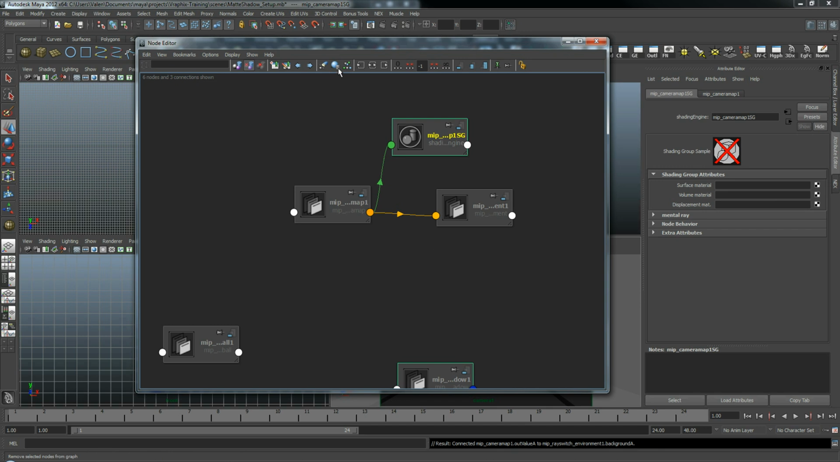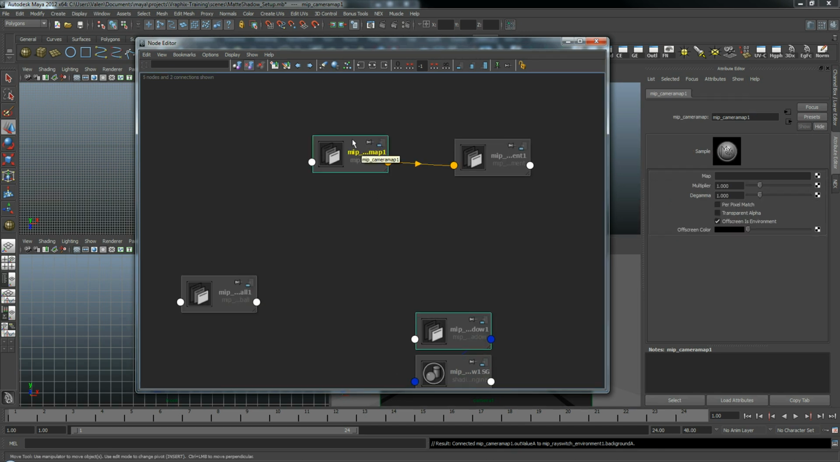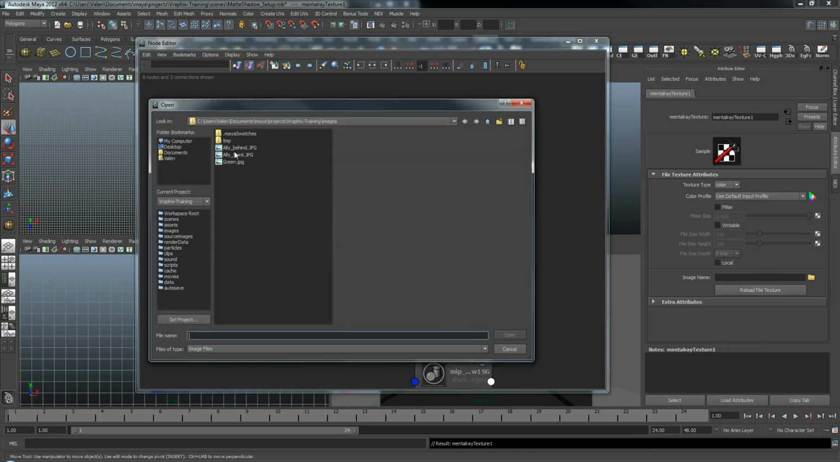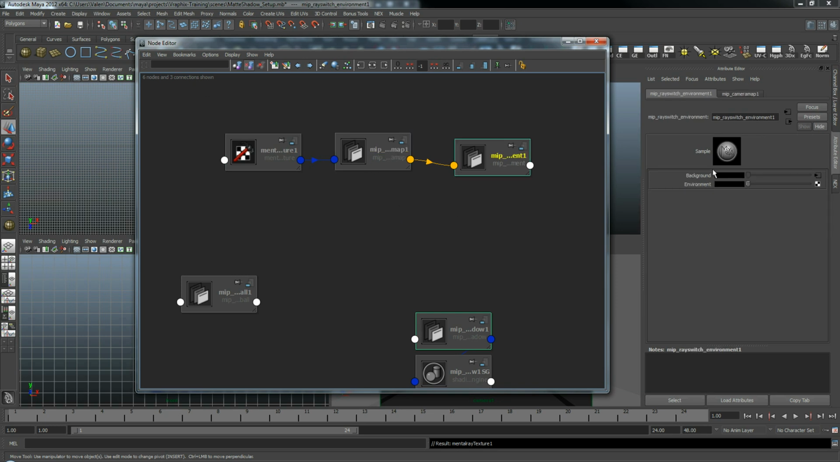Let's get that shading group. I don't want to see the shading group right now. Okay. Now, here's the camera map, but there's no photo yet. We need to assign the photo to the camera map. So I'm going to come over here, click on the map slot, and open up my file. There we go. Now we've got our photo assigned to the camera map, assigned to the background portion of our